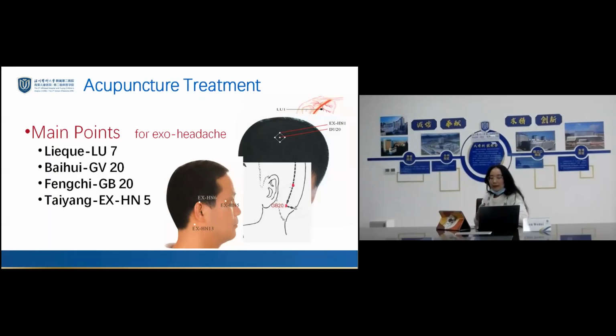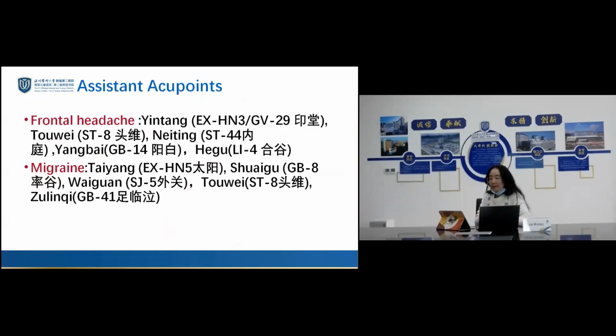So what's the assistant point? If according to meridians and collaterals, there is a very easy way for you to find. It's the frontal headache. According to meridian and collateral, we say it's a Yang Ming headache, and you can choose Yin Tang, or we call it the extra point head and neck number 3, or the governor vessel number 29. Why have 2 numbers? Because